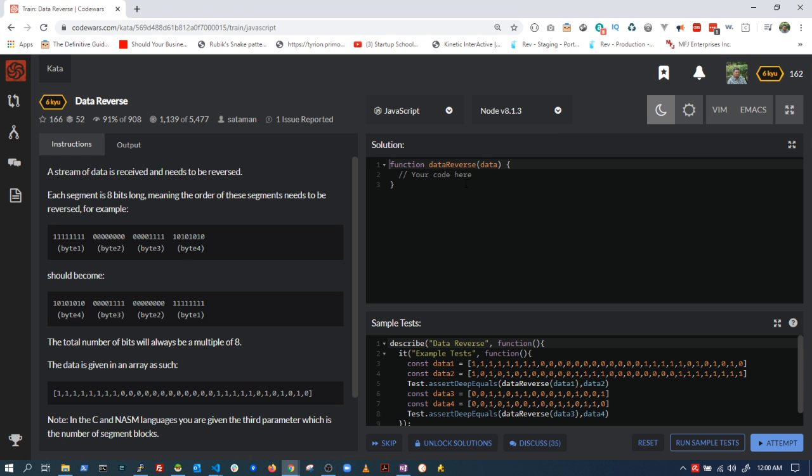Okay, so what we really have to do, we gotta loop through this stuff. So we have an array of data, and then essentially what we need to do is loop through until we have 8 bits of data, and then we need to add that to our array. So we can do a full loop this time. Let's try something a little different. So for var I in data,